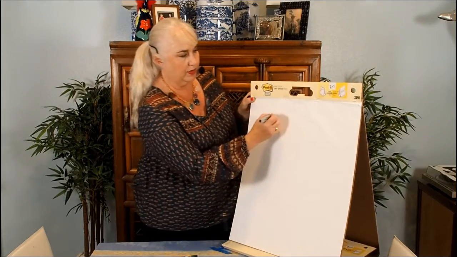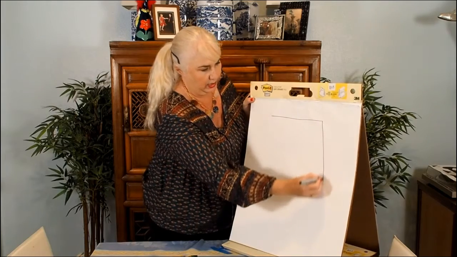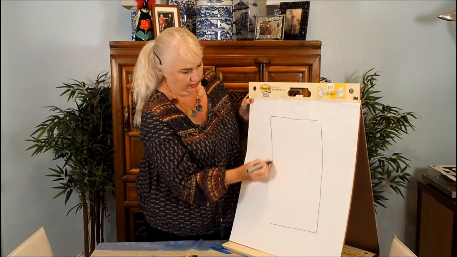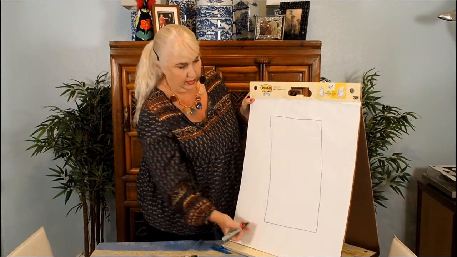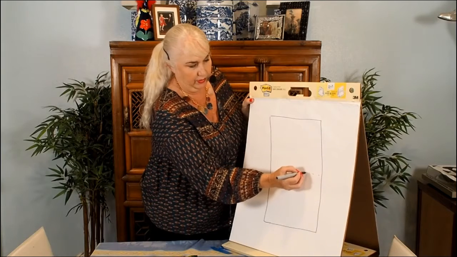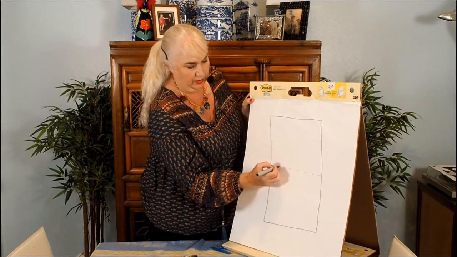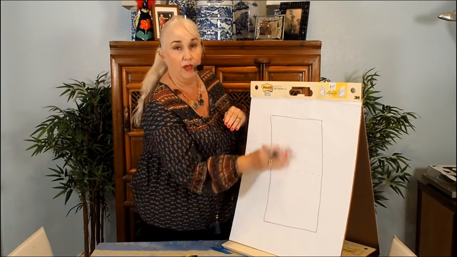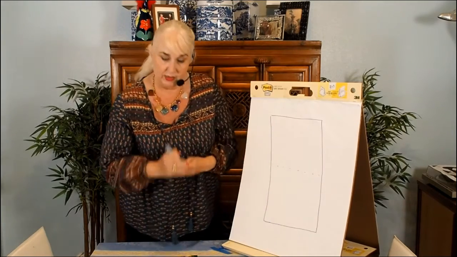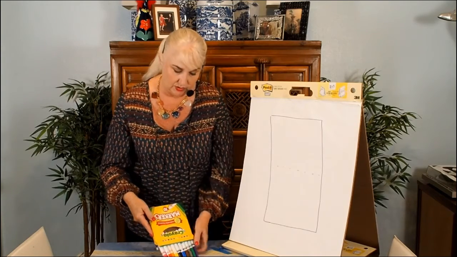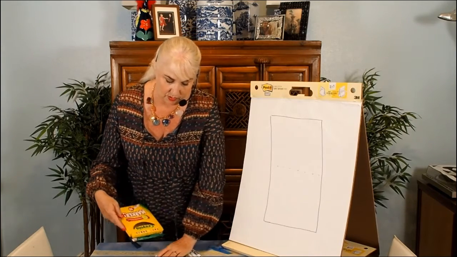If I was working on a piece of paper, it would be a rectangle. Then I would think of it as there being an imaginary dotted line right here. I'll just do it very lightly. If the paper was folded, it would look the same on both sides. So whatever we do on one side, we're going to do precisely on the other side. And for this example, I'm just going to do it with markers.